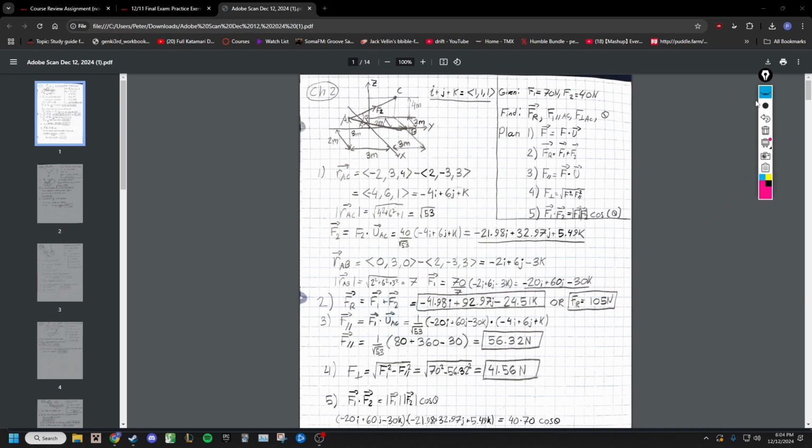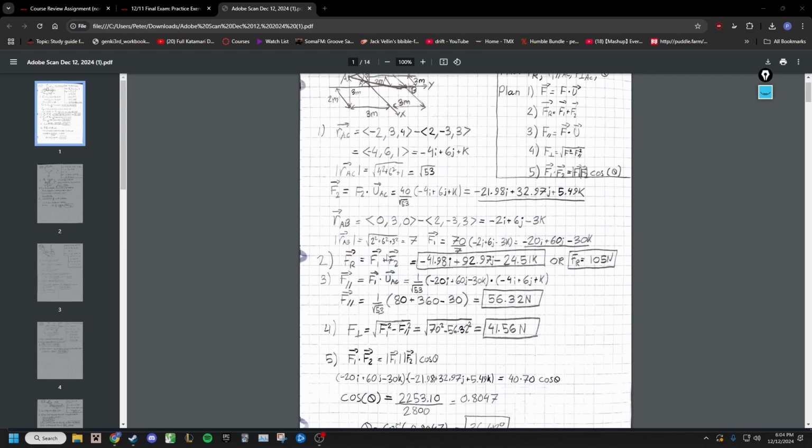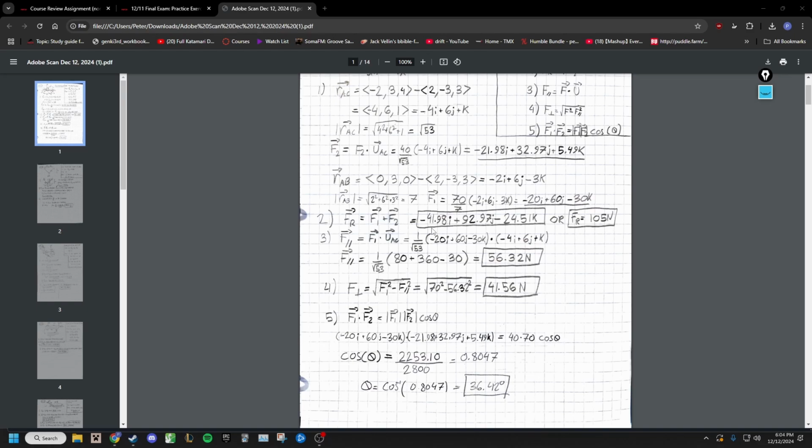Now, for the rest of the problem, to find the projection, we just take the dot product here, and personally, I tend to leave out the unit vector. I tend to always just pull out dividing by the magnitude, as I find it easier to calculate that way. That's what I've done right here. And we'll just take the dot product,